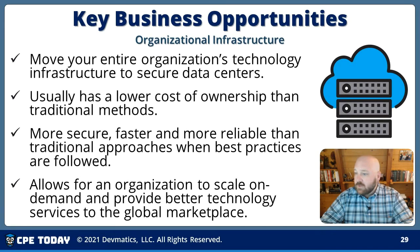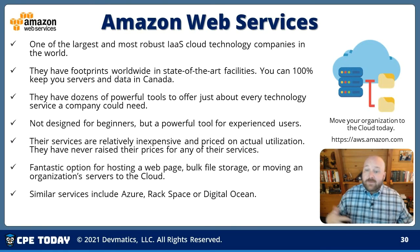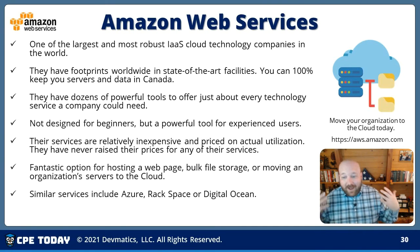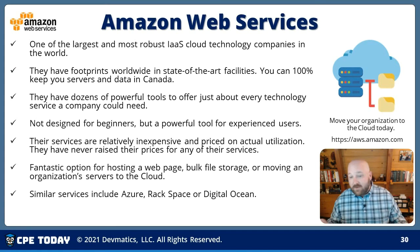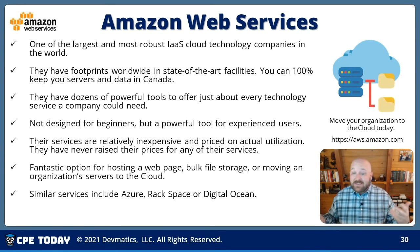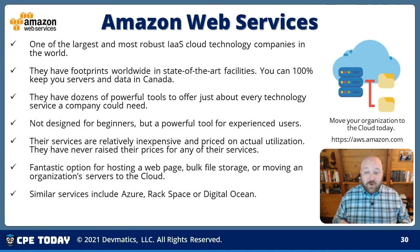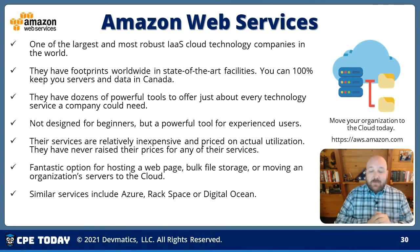Now, I have two recommendations with respect to cloud hosting companies that I think you should take a look at. My first is Amazon Web Services. And to be fair, I love AWS. We utilize them for almost everything inside of our business. They're probably the best overall: best price, best features, best functions. The only downside for a lot of organizations is that this is a professional tool. Similar to, for example, how UltraTax from Thomson or Access from CCH is a professional tax product not intended for consumers, Amazon Web Services is a professional